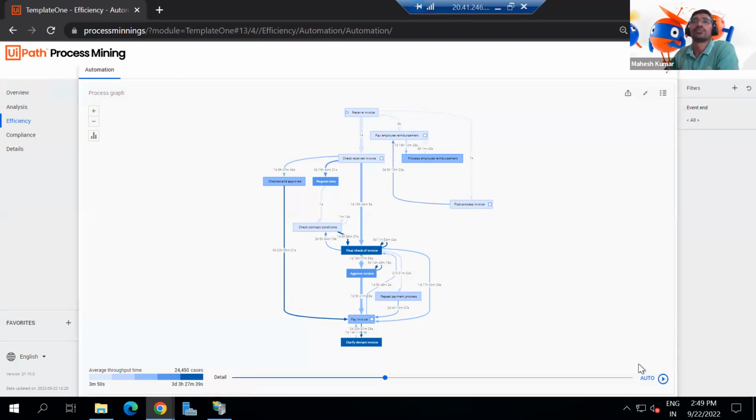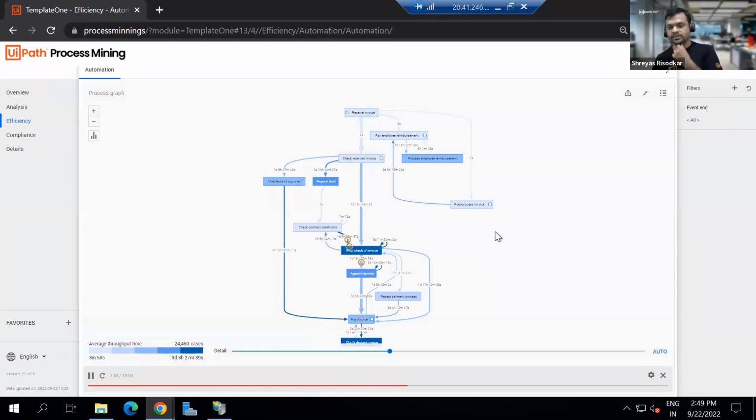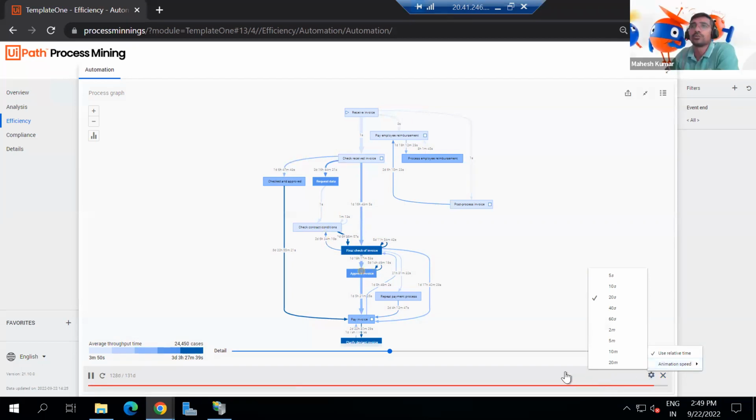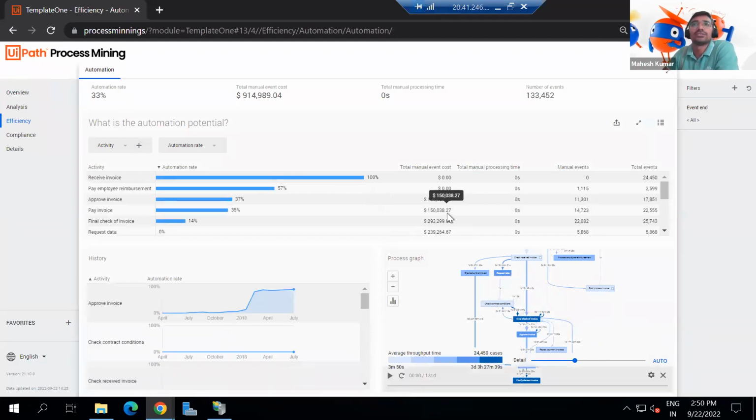Here we also have this play button, and it shows this data again in days. Like this one is very slow. You can change the animation speed to run it slowly, and you can find the days where the volume is at peak or running slower and so on. So here is the option if you want to change that speed. It shows how many seconds you want to run it in, 20 seconds, 10 seconds, or maybe 20 minutes. We have other tabs also, but this is within the scope of this